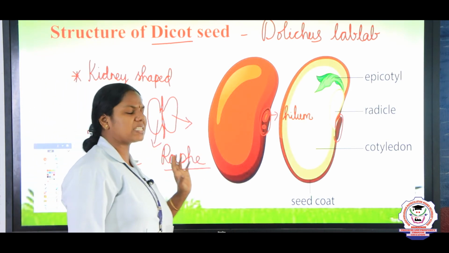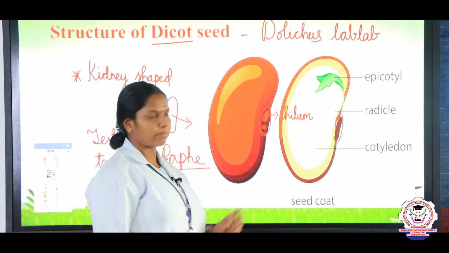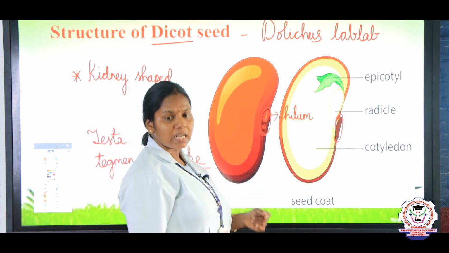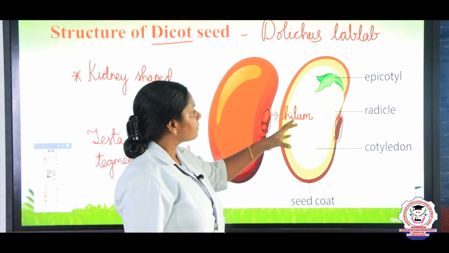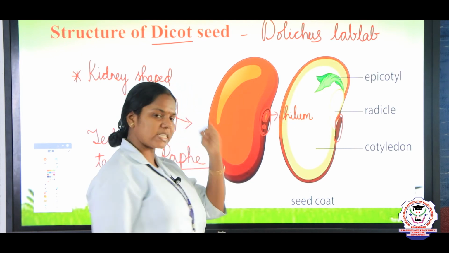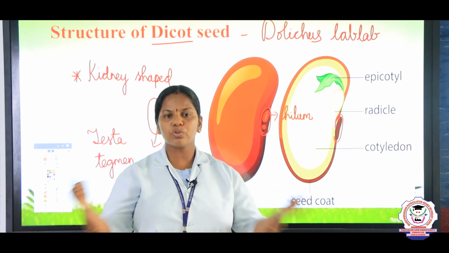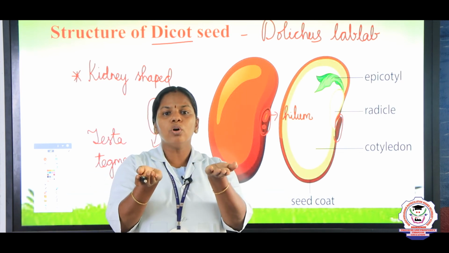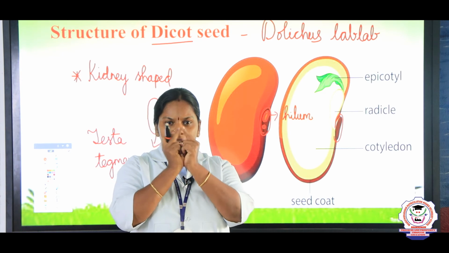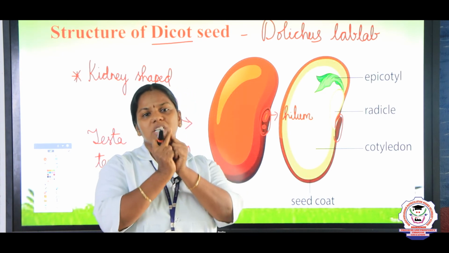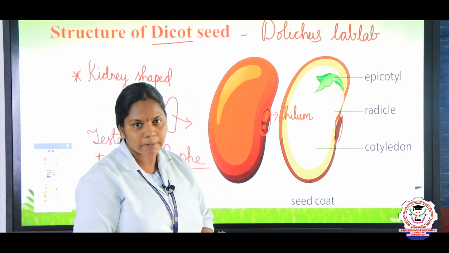And now we are going to see about the embryo. The embryo has 2 cotyledons. When you remove the seed coat, just take any seeds and soak them in water. Take a chana dal, soak it in water, remove the seed coat, and you can see the 2 cotyledons, and they both are attached to a whitish structure called the funicle, right.